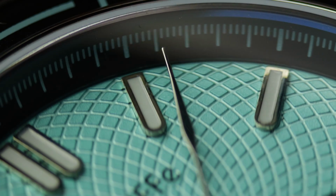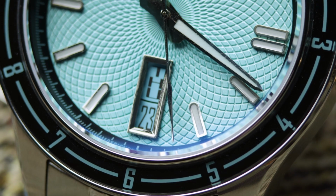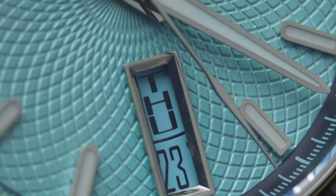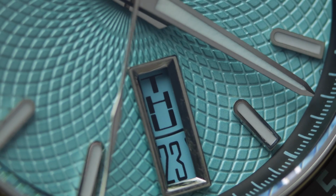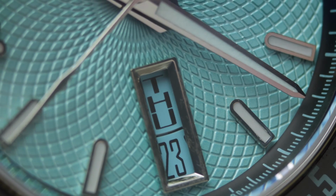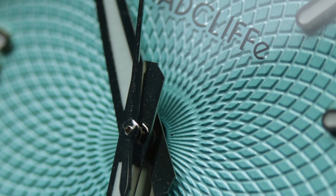Of course, we have a date window at the 6 o'clock, which I'll talk about now. So you can see that this is a full day date because we have an NH36 movement in it instead of an NH35. Now, for me, I'm going to be brutally honest, I'm not a huge fan of this. I would have just liked to see an NH35 with a date at the bottom, because I think that just sticks into the dial a little bit too much, but that's just a personal preference. I do love that it's colour matched though, and they've got some interesting font, and I think it works really well in terms of that. I also appreciate that it is bordered to match the indices,